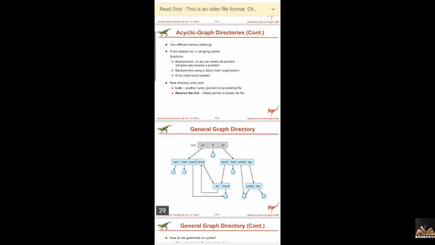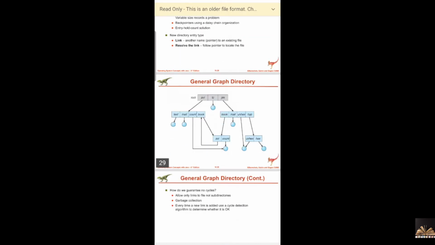And coming to this general graph structure, we are going to guarantee that no cycle is formed, right? How it can be done is to allow only links to files, not subfolders, right? And then garbage collection.